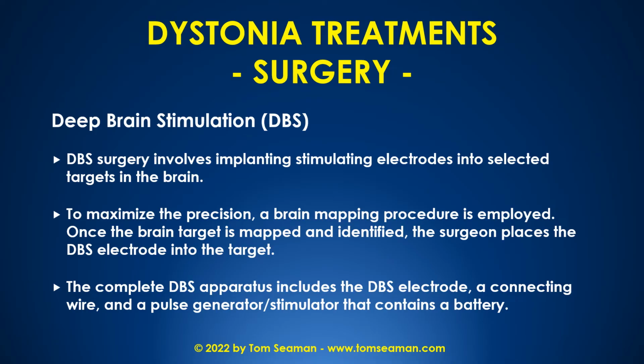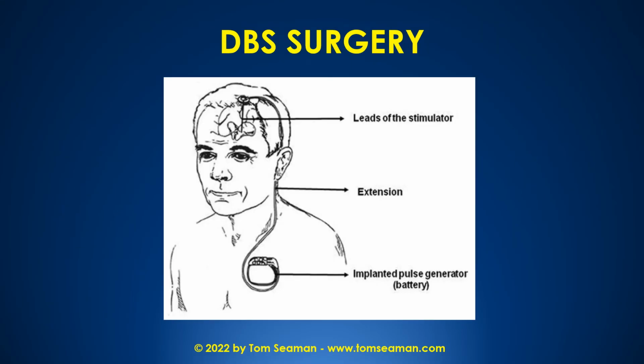And so the complete apparatus, and again, this is very basic, I'm not getting into the detail of it all, but there's a DBS electrode, a connecting wire, and a pulse generator or stimulator that contains a battery. So here's how it looks. In the brain there are the leads of that stimulator, and then what's called the extension. That's just the wires that run down into the pulse generator and battery. Some people have it on one side, and some people have it connected on both sides,